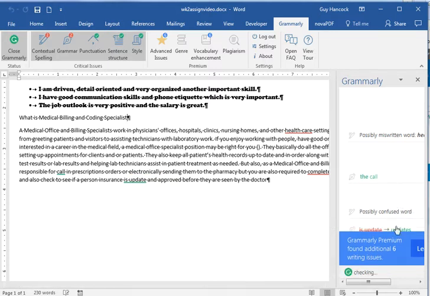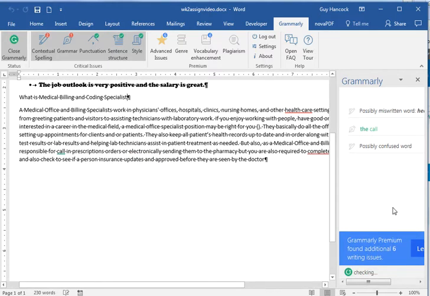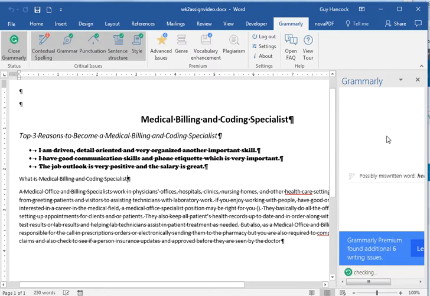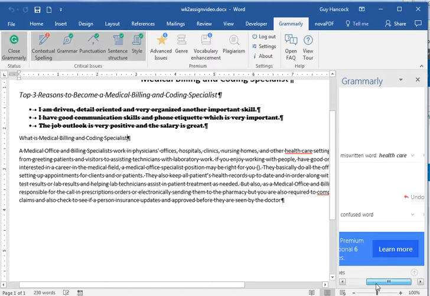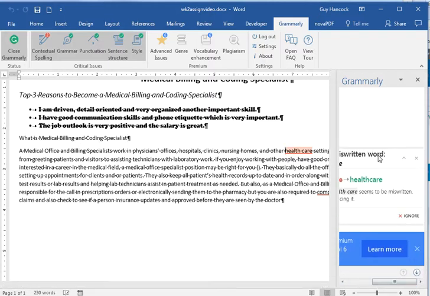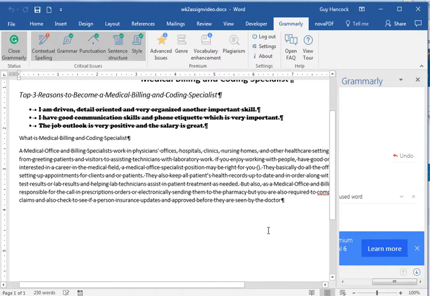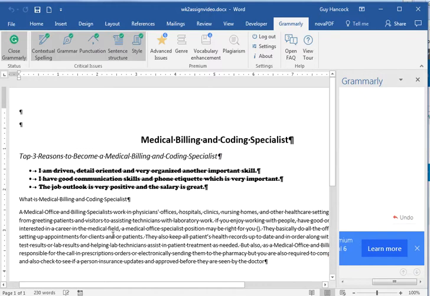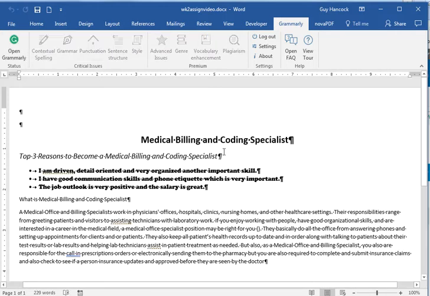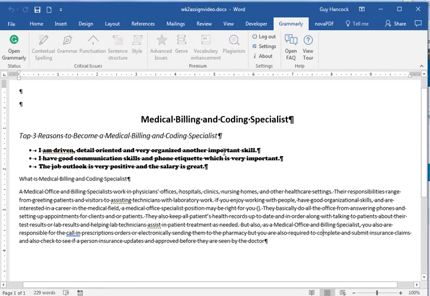So I'm going to just go through here and accept these things to clear out the error notifications. It's a little hard to see this. There we go. So now we've cleaned up the grammar errors. I'm going to turn that off again just to get it out of the way so you see more of the screen. And so we've put in